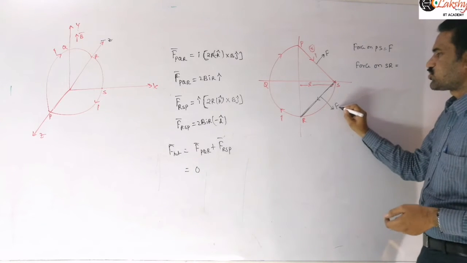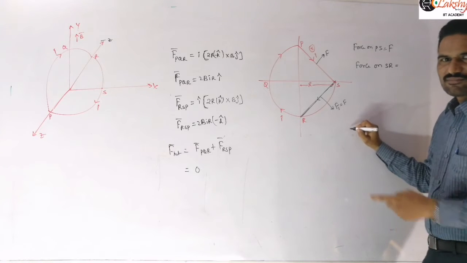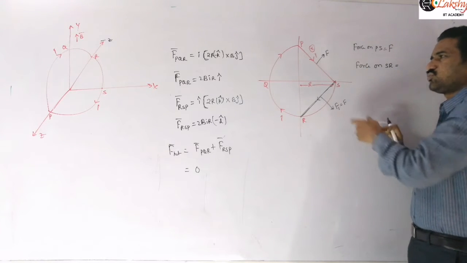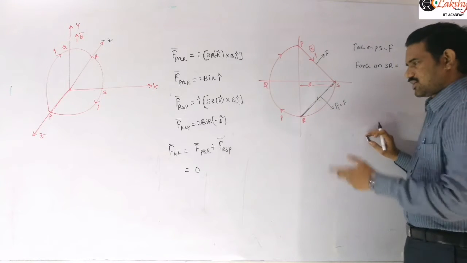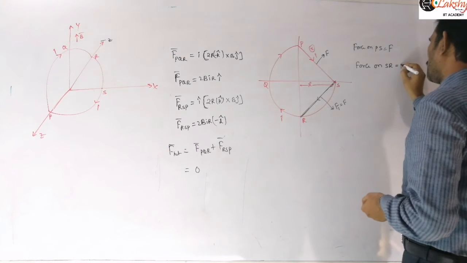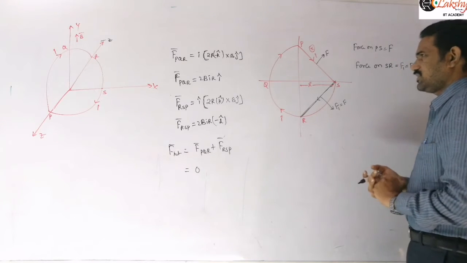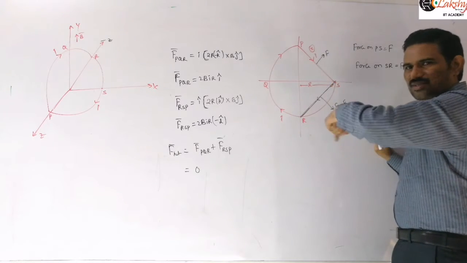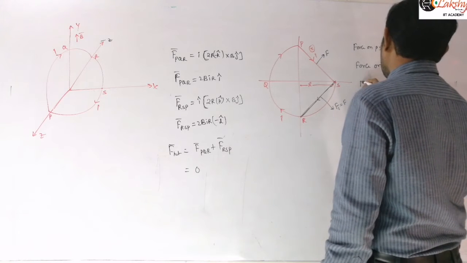Suppose I assume this F1 here. This F1 should be numerically equal to the F value, because the magnitude must be equal to F: here also the length is root 2R, and here also the length of this part will be root 2R, right? So these two must be the same in magnitude, and the direction will be like this. They are perpendicular to each other actually. And now if I write the net force acting on this PSR, the net force acting on this PSR we can write as semicircle.